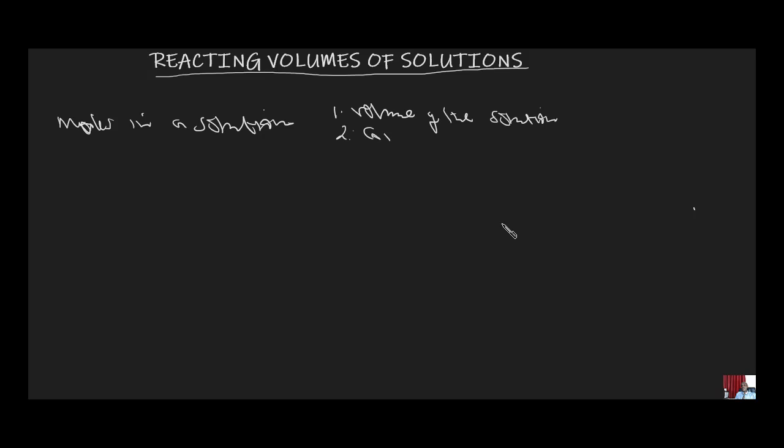And number two, we have the concentration of the solution. But what is the concentration of the solution? We quote concentration of the solution in terms of moles per liter. How many particles are there of the solute in 1 liter of that solution? So concentration is expressed